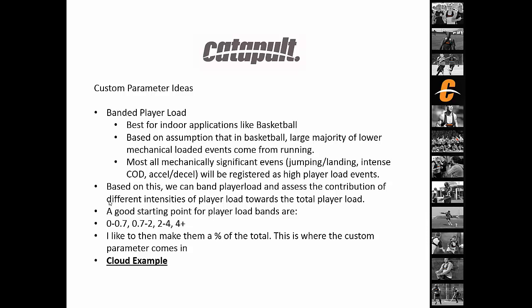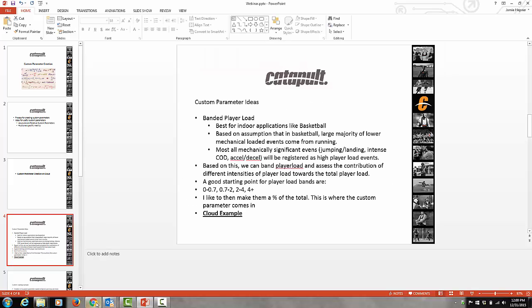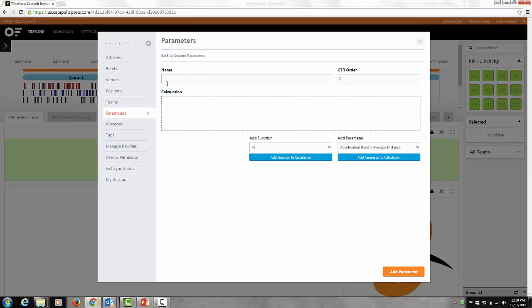So what we want to start to look at is, set the bands for these things, and of course have a look at how much was in each band. But I think a really worthwhile approach to this is to look at the percentage of the contribution to total player load, and that's where a custom parameter comes in. So we come into our custom parameter section that we went to before, and we obviously start with a name. So we can start by saying, let's say, player load band